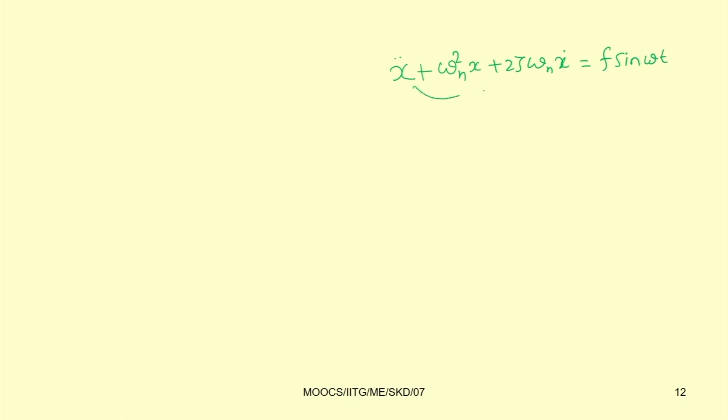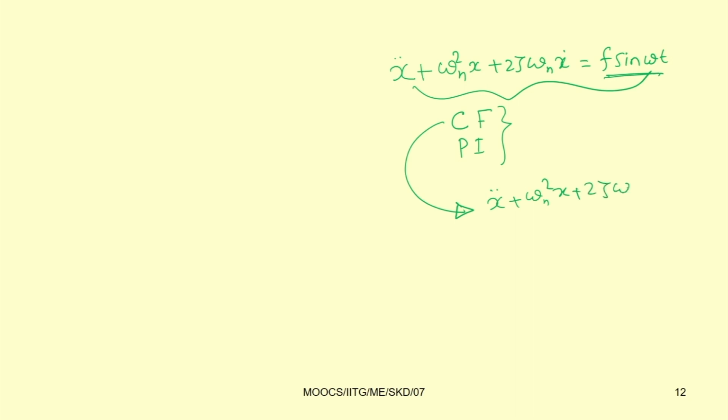So, the solution of this equation contains two parts. One is the complementary function, or CF, and another one is the particular integral, PI. This complementary function is the solution obtained by putting the right hand side equal to 0. So you can obtain the complementary function by solving this part: x double dot plus 2 zeta omega n x dot plus omega n square x